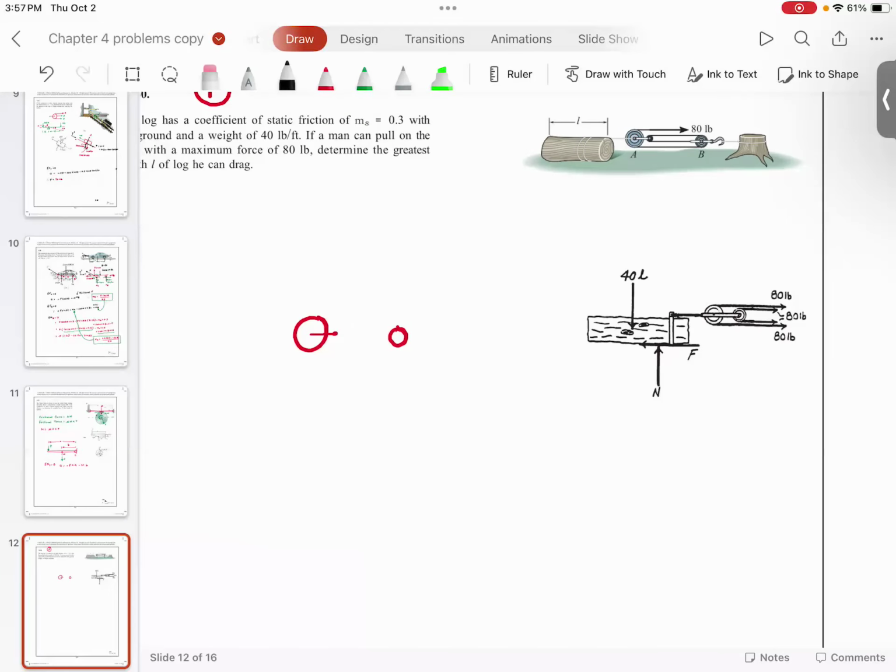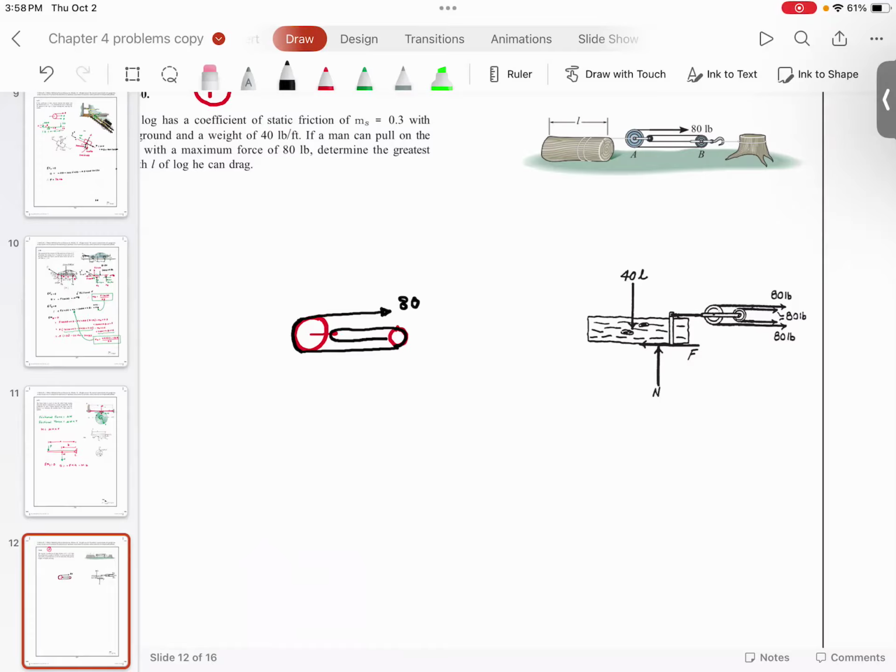The first rung of the rope attaches over here. This goes over here, and then this goes over here. So if this is AT,